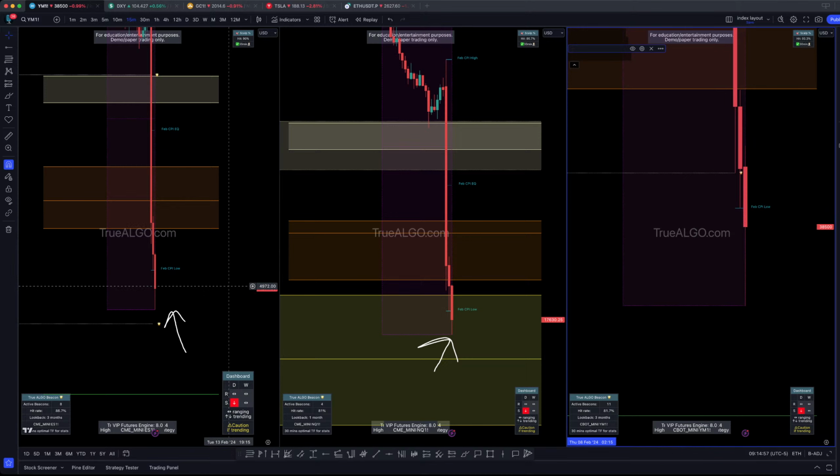So if DXY can get a close above our box right there where that second circle is, we can look to see for DXY to push up. But right now, DXY is on the bearish side until it can close back above the box. That means things like the euro, the pound, and stocks will look to be bullish. So we're at a very good spot on the euro that if it closes above this box, very bullish. If it closes below this box, very bearish. And that's just how we view it.